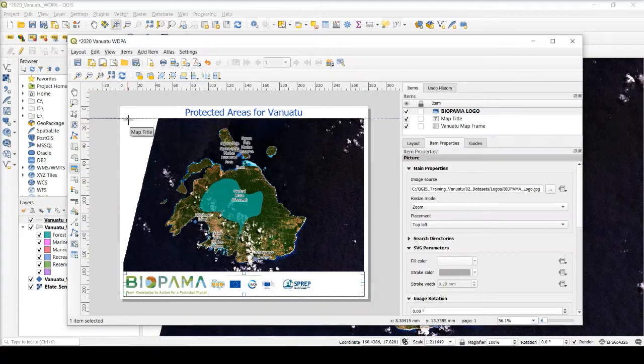I do that again by drawing my rectangle to add the picture. Once again, I'm going to rename the item to match what it'll be used for. So in this case it will be a north arrow. And if I go to the item properties, there's this search directories drop down. And if I choose this,